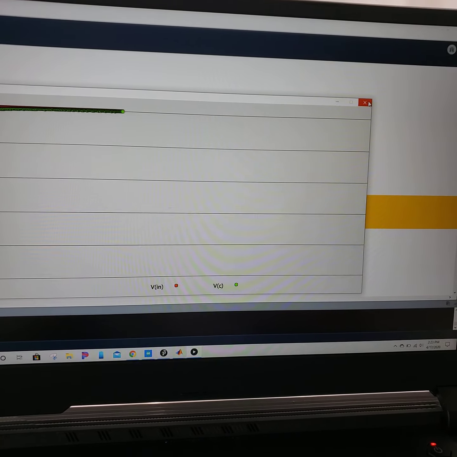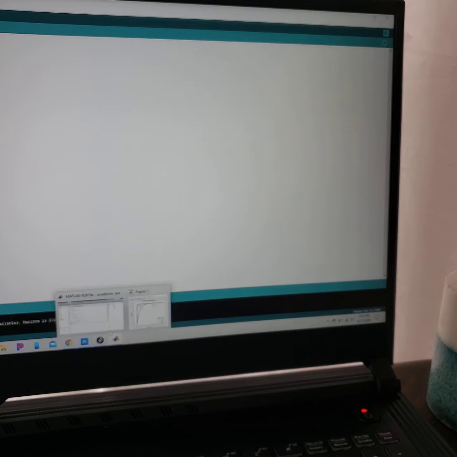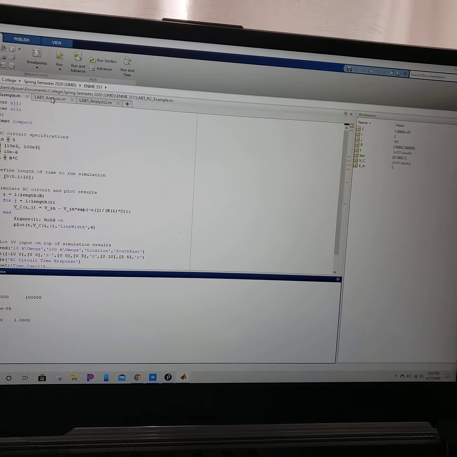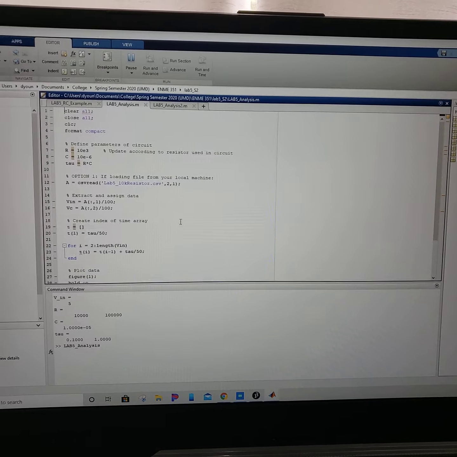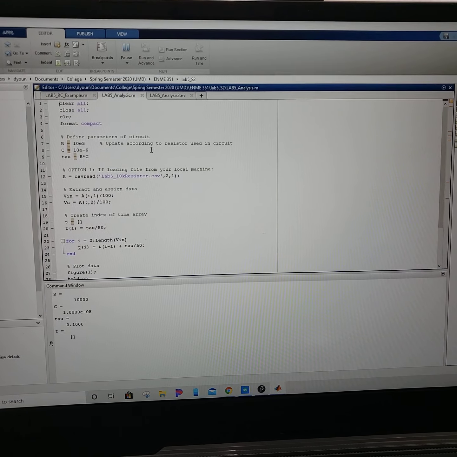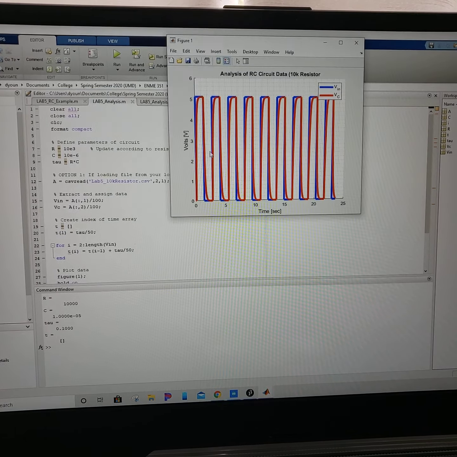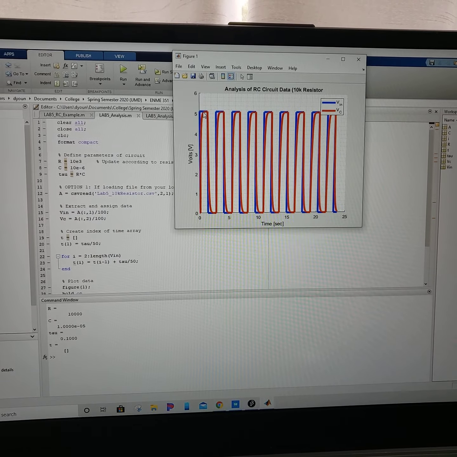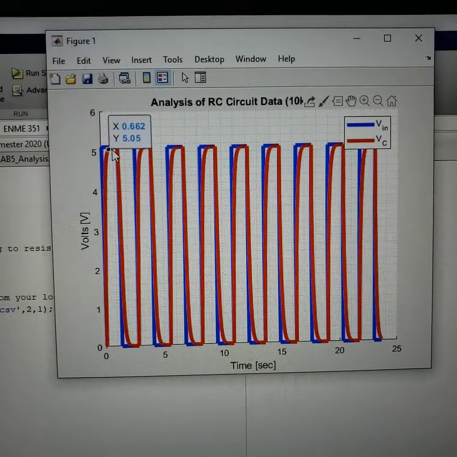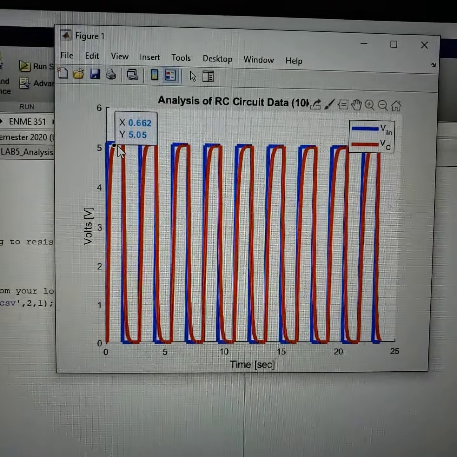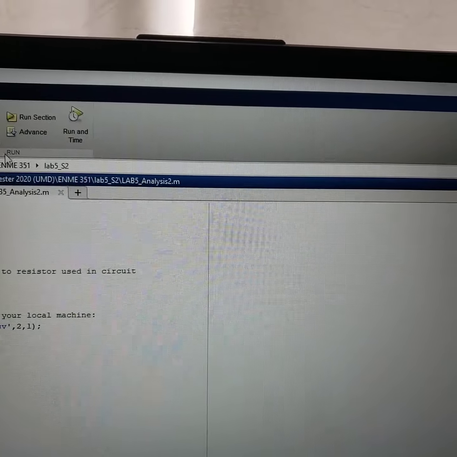Moving on to my analysis. You can see this is the 10 kilo ohm resistor, and it reaches a value at around 0.6 seconds when it's fully charged. And my 100 kilo ohm resistor,